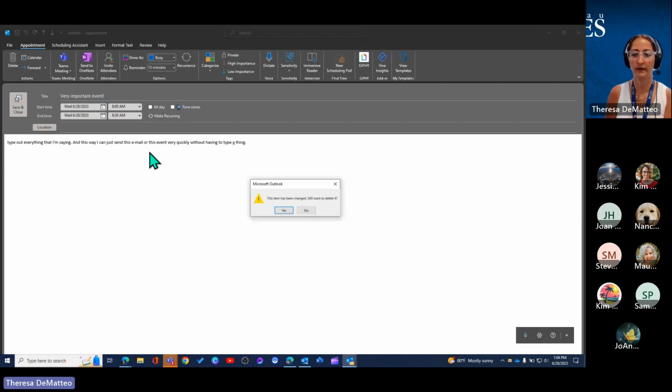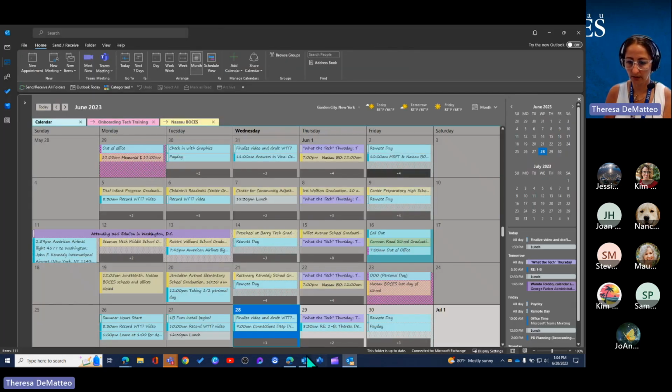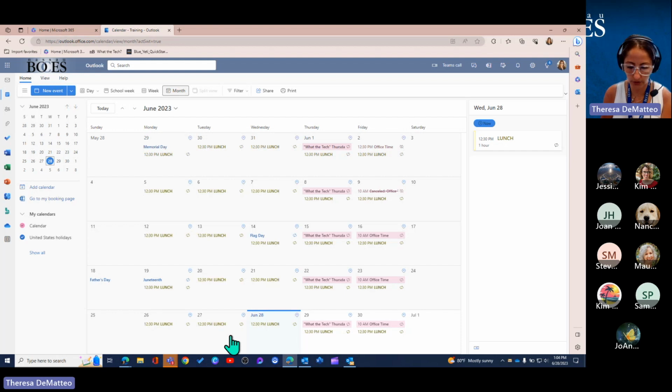Okay. Let's delete that. I'm going to go to the web version real quick. I want to show you. In the web version, for me, some things do work a little bit better than they would in the desktop app. So, for example, something like duplicating an event. If I have an event that I want to now duplicate all of the same settings on, I don't want to have to redo it. I can do it so much faster in the web version by just,